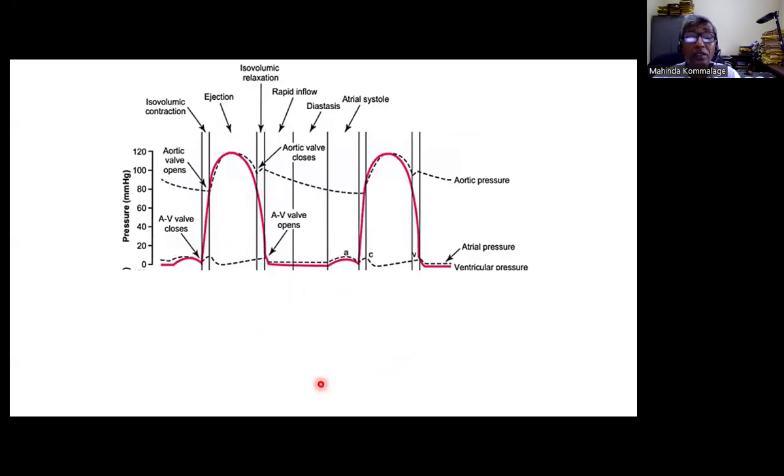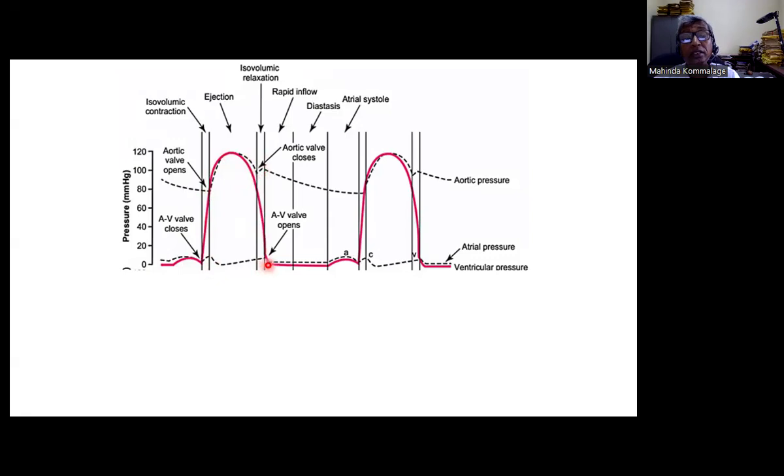So this is the same diagram that I used earlier. Here we have pressure in the ventricle, here atrial pressure, this is aortic pressure. And here, as I mentioned, this is atrial systole, and the AV valve closes and isometric contraction occurs, the aortic valve opens, ventricular pressure increases because of the contraction or ejection, and aortic pressure also increases. And here we get the maximum ventricular pressure and aortic pressure, and then it starts going down, the aortic valve closes,